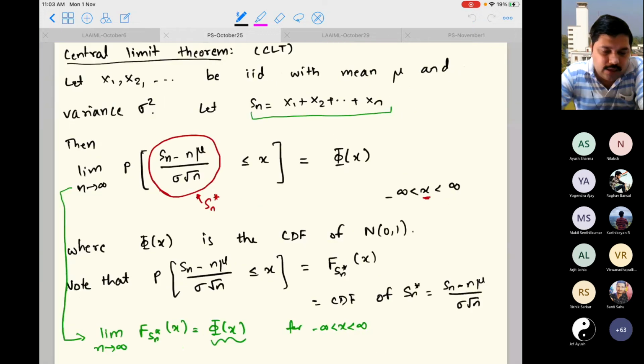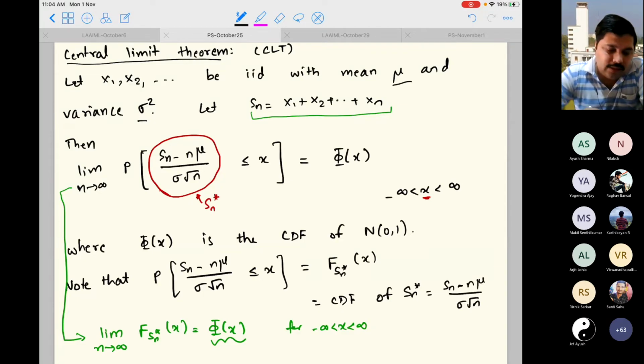So what is the central limit theorem saying? It says that you have x1, x2, xn as a sequence of independent and identically distributed random variables with mean mu and variance sigma square. Okay, so this is what you have. So mean is mu and variance is sigma square, that is given to us. And let us find out the sum Sn of x1 plus x2 plus xn. And obviously what we are really interested in is that we want to find out what is the distribution or what is the probability density of Sn, the sum of n independent random variables. Okay. And this particular statement, the statement of central limit theorem, says that in the limiting condition as n tends